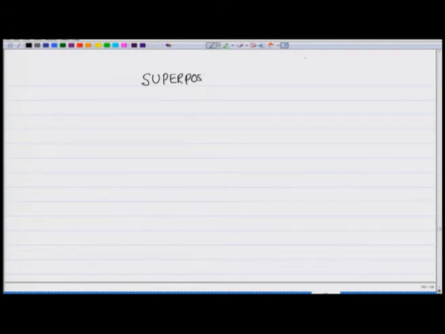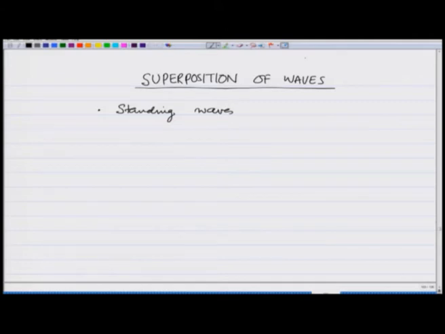Superposition of waves, and that resulted in something called the standing waves. As an example, we discussed standing waves on a string,